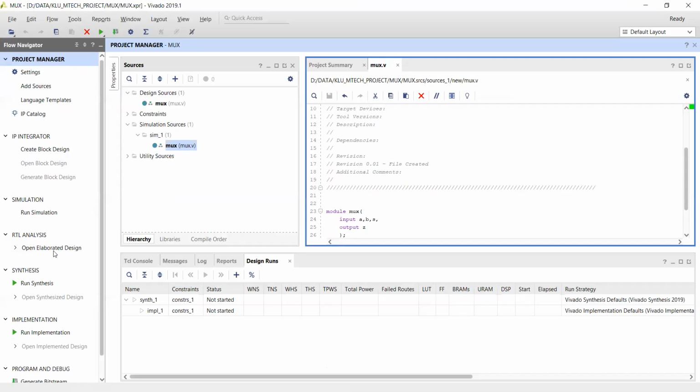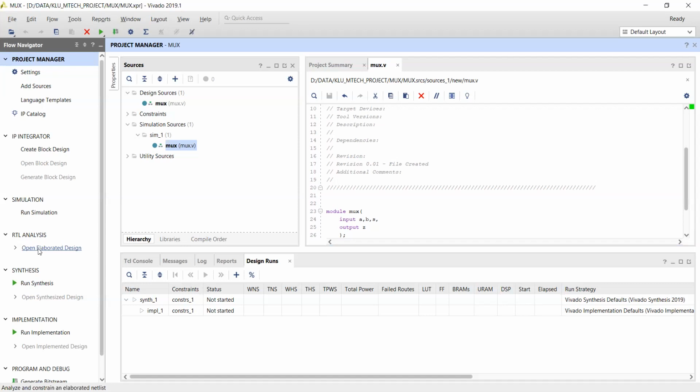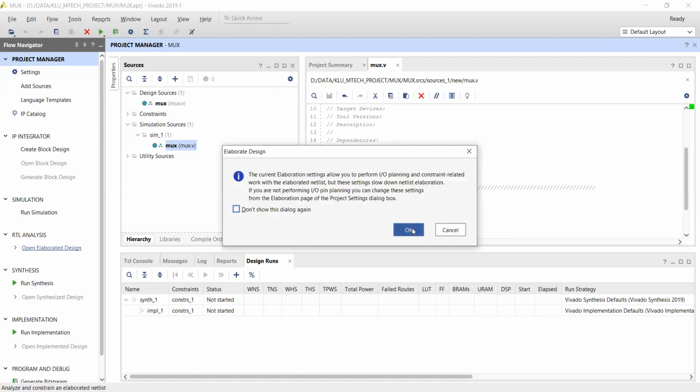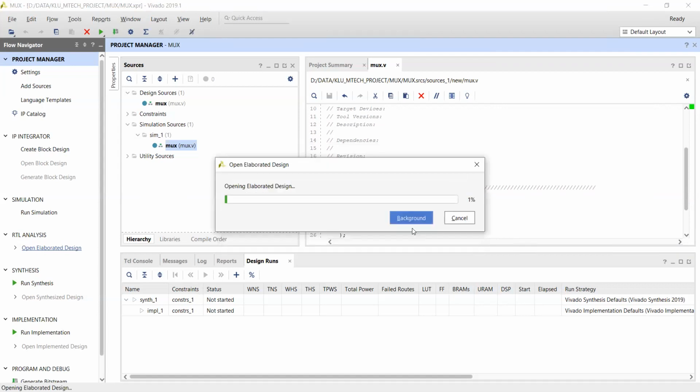Click on RTL analysis. After simulation, there is another step called RTL analysis. Click on open elaborated design to view the RTL schematic view.